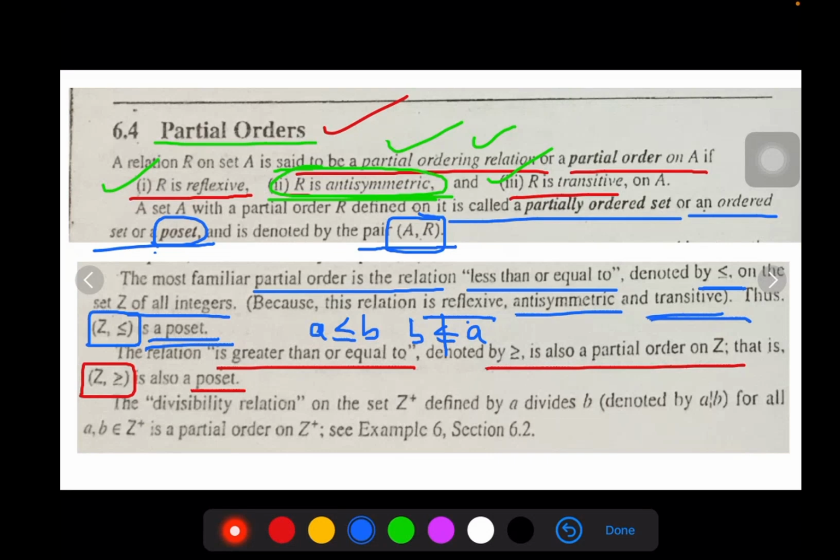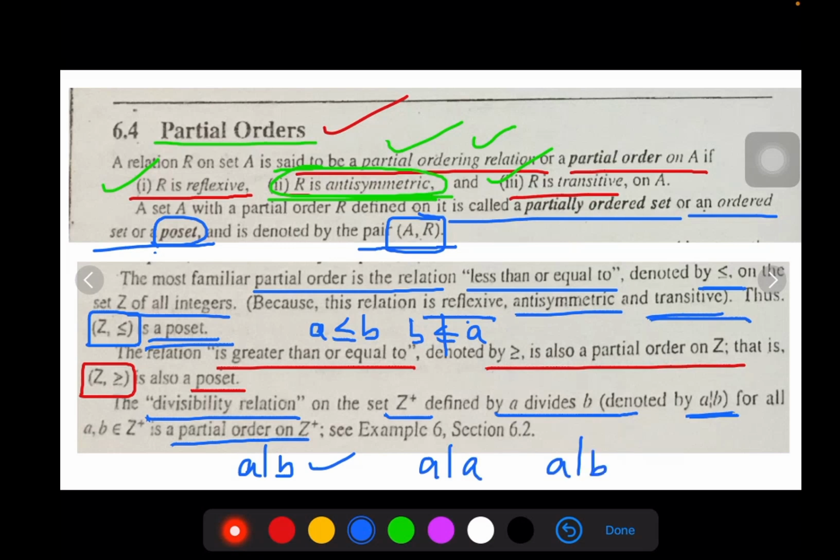You can just check with the divisibility relation on Z plus. How do you represent A divides B? It is a partial order on Z plus. A divides itself, yes, for all the elements. Therefore, A divides B, but B cannot divide A, right? We know that when A divides B, B does not divide A. Therefore, it is